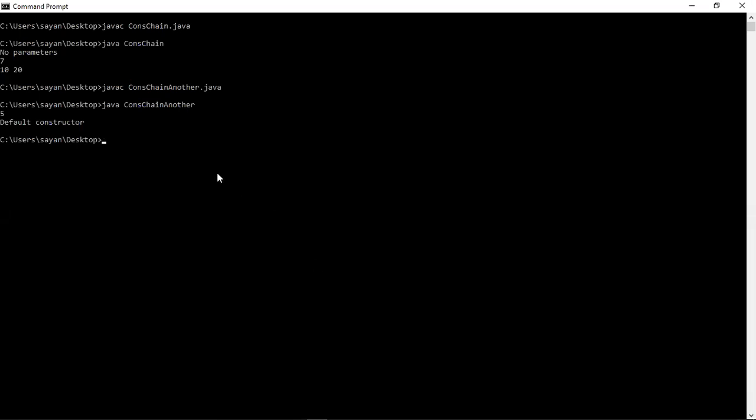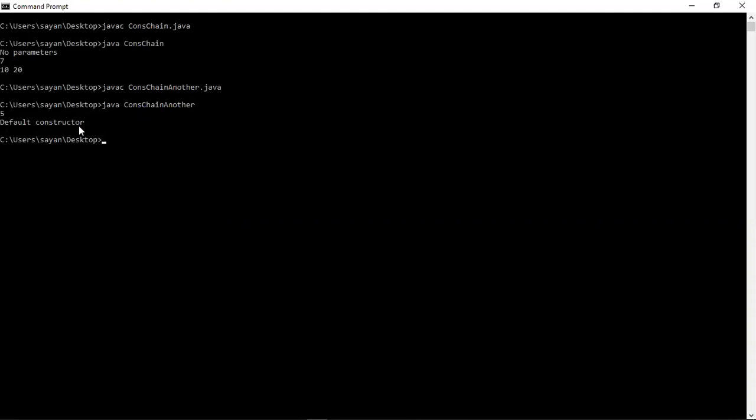So this is the output of the program. As you can see, I have already compiled it. The first output shown here is 5. That means this is the output of the single parameterized constructor, and next the default constructor output, which is a simple statement, has been shown here.